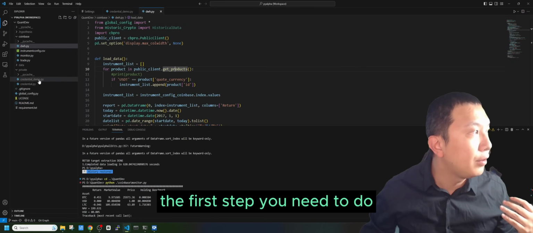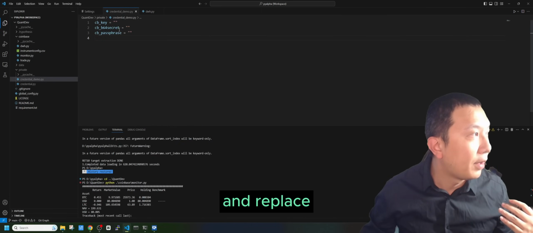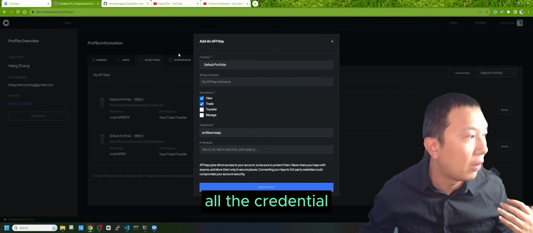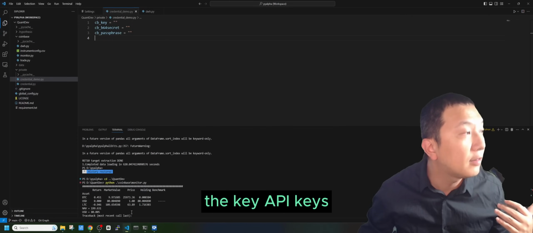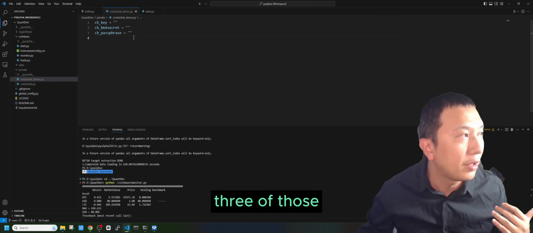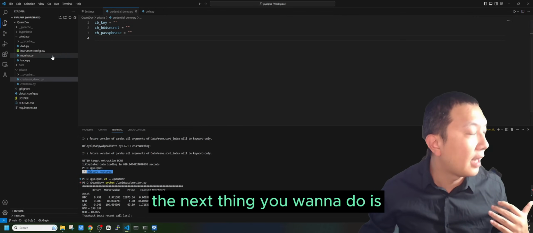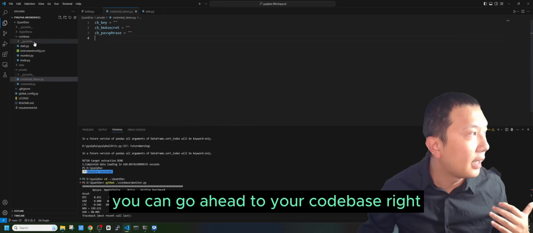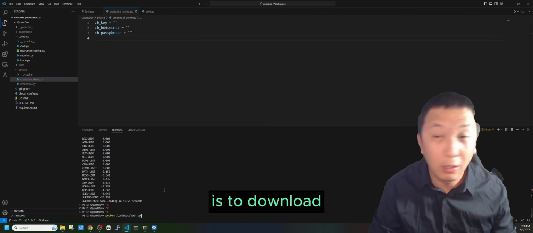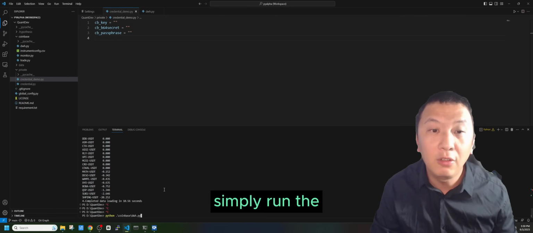The first step you need to do is go to the private credential file and replace the values. When you register from Coinbase Pro here, copy all the credentials, the API keys, into those three fields, right? You need all three of them, but that should be enough. And after that, the next thing you want to do is go ahead to your code base, right? The first thing you probably want to do is to download all the market data because you want to start building your strategy. Simply run the